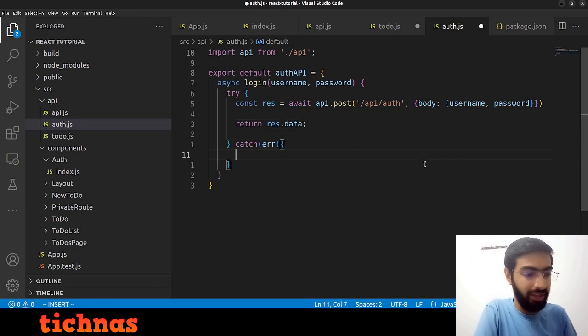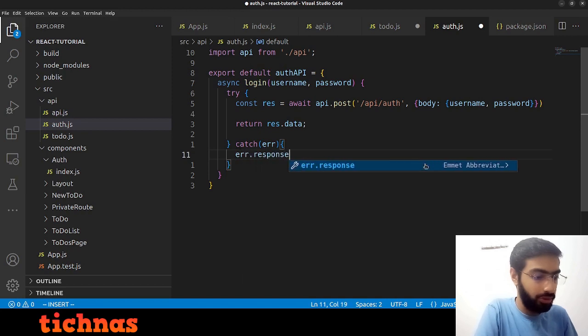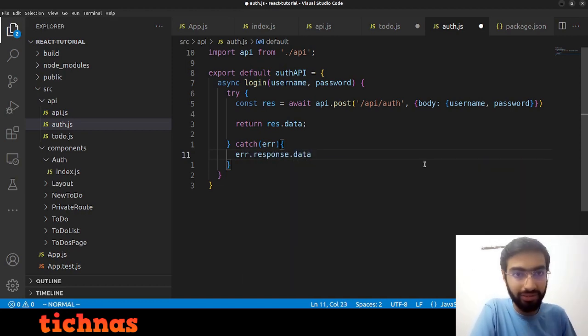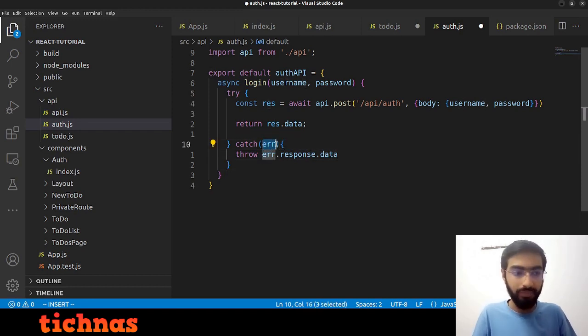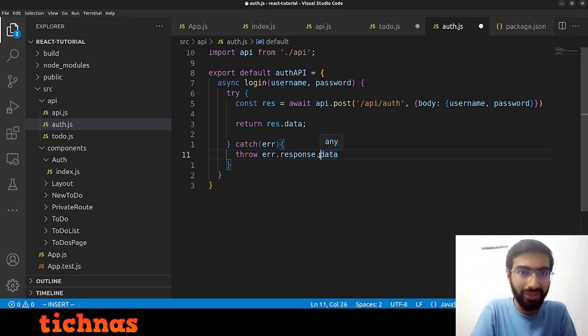Similarly, if you notice, you can do console.log and notice when we catch the error, the meaningful error is not directly error, it's actually error.response.data. So instead of handling this error right here, we just throw another error, which is the meaningful error, error.response.data. Okay, so if we catch the whole error, we throw the important part of it, and this means that wherever we are using this function login, we need to handle this error. Because here we are not actually handling this error, we are just taking one error and throwing another error. Okay, so save it,